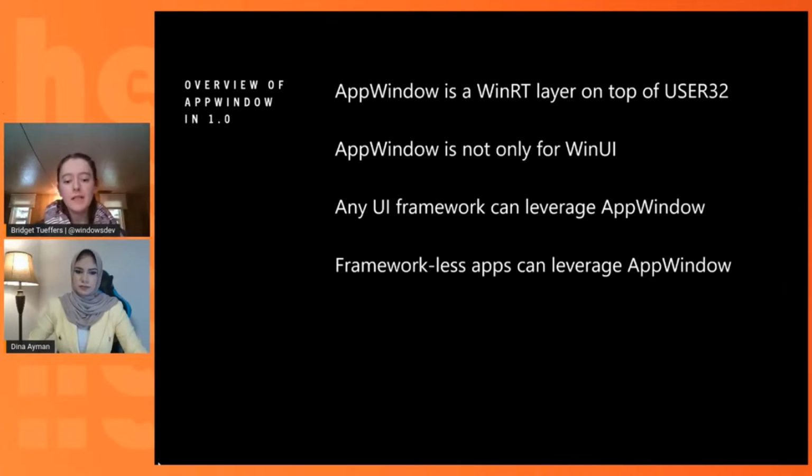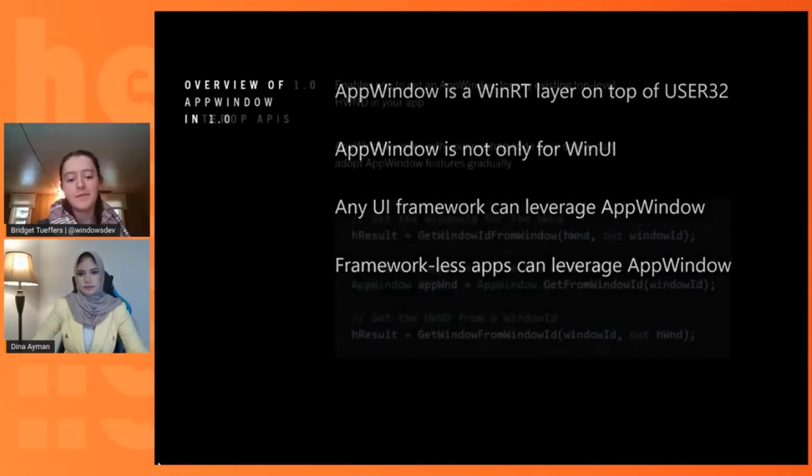App window is not WinUI APIs. The app window is framework agnostic and can be leveraged by UI frameworks themselves. However, UI Framework's window object is still the core windowing object. App Window allows you to leverage windowing features that are not yet included in your UI Framework's own API set. Apps that do not rely on a UI framework can also leverage App Window to reap the benefits of less code while making sure their windows align with Windows System UX.